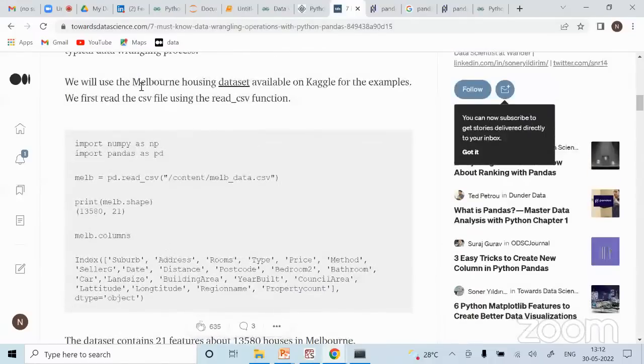See, here also they have talked about this data set on Kaggle. So that's what I'm saying. This is a very good website which you can look at, because there is a lot of information available and everything is for free. You can not only look at the data, but you can also look at the answers. There are a lot of people who are sharing their own code, and I will strongly recommend you to practice on this. So they have taken this data set from here only.